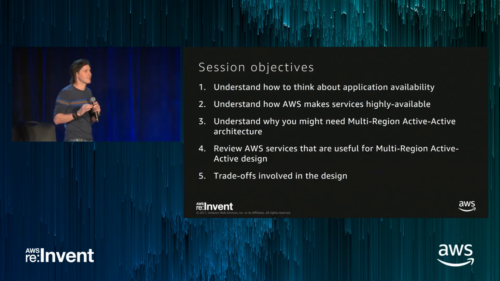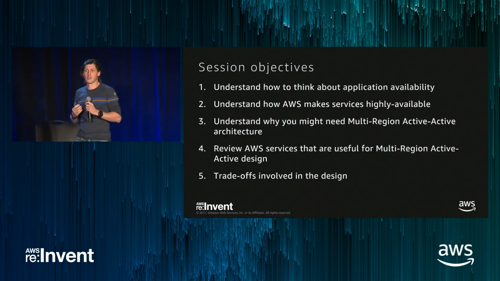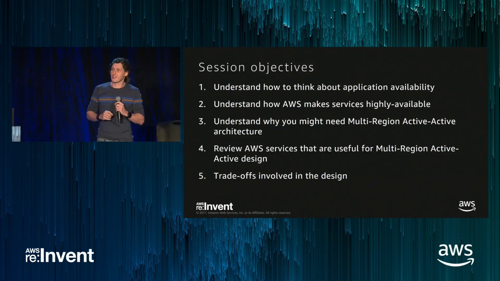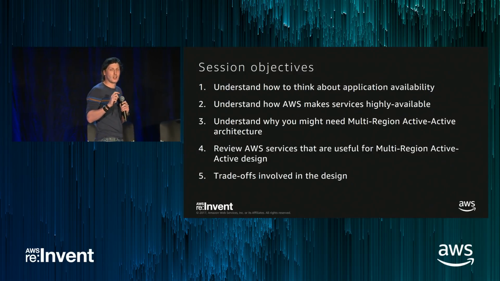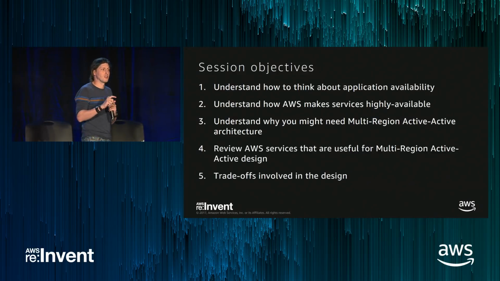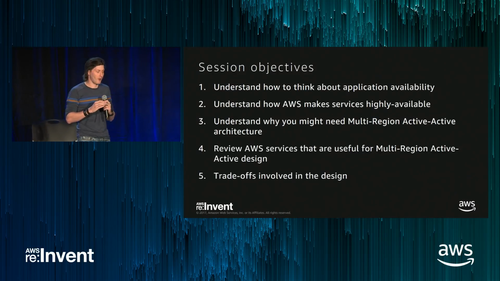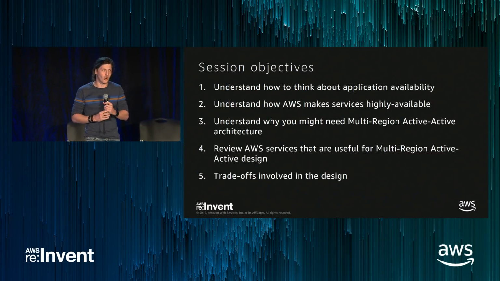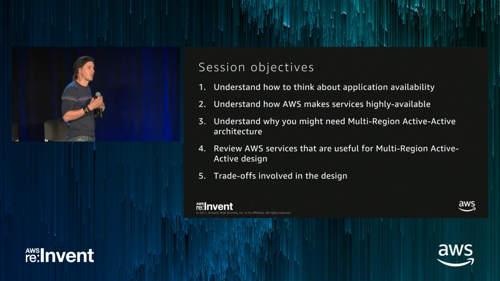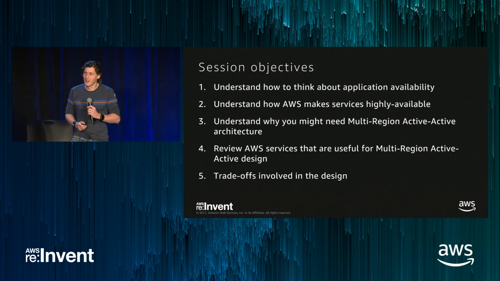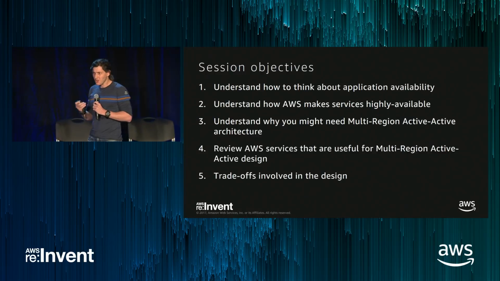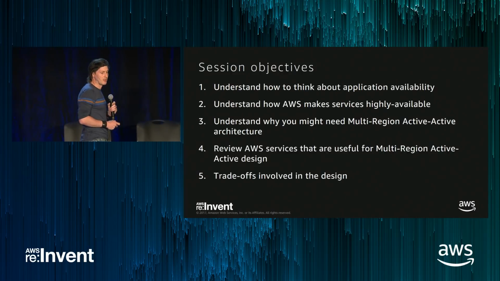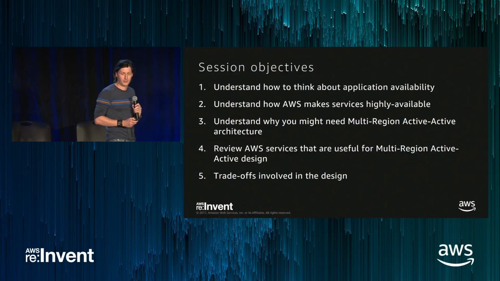So, I just want to go through what the session objectives are for you in this session. We're going to give a little bit of context at the start, because there's a lot of interest around multi-region availability. But when I talk to customers every week about this, the key point is actually knowing when to use it and when not to use it. Because multi-region, while it's really good for increasing the availability of an application, does come with some significant costs and complexity. We're going to go through some of those design decisions you make, and talk a little bit about some of the services and how we make them available as well: multi-AZ, multi-region, and some of the trade-offs.